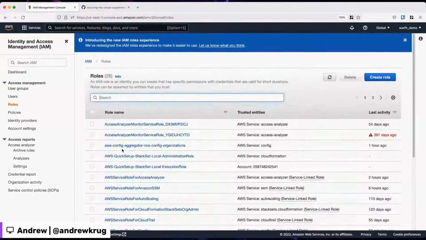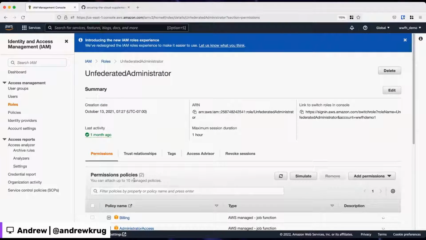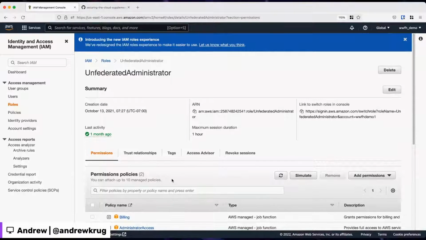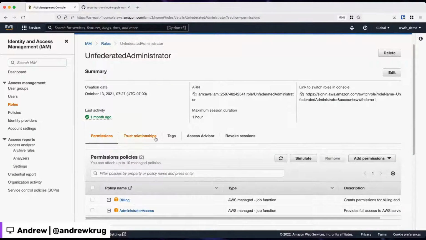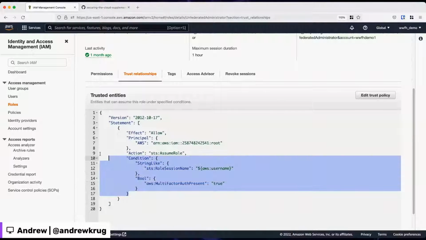And then to actually become a privileged user in AWS, the role itself, and we haven't talked about roles yet, actually has this condition on it as well.